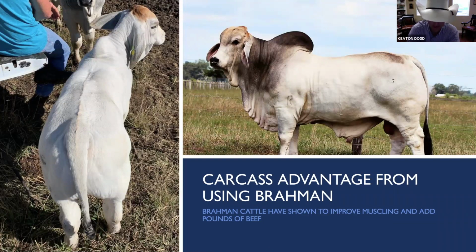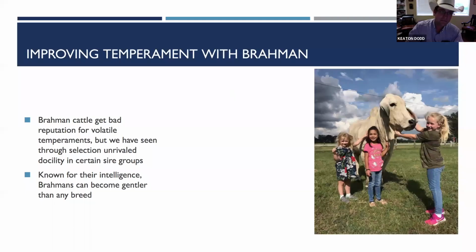But then couple the fact that she weaned at 670 pounds and she was 1,135 pounds as a yearling. So a female that's got carcass backed in her pedigree, and that's something that we focus on improving as we move forward. And then the last thing we'll talk about is